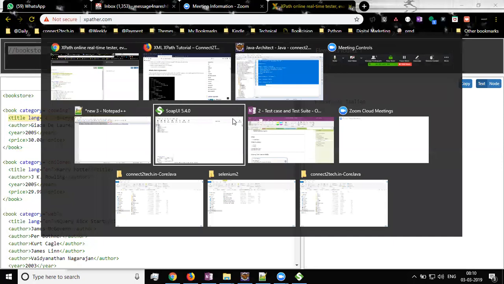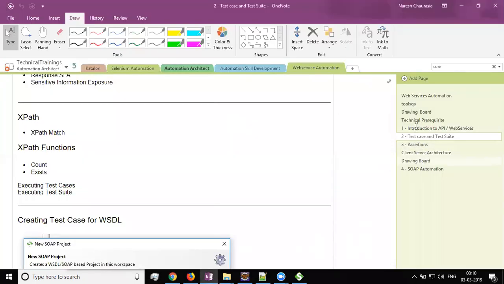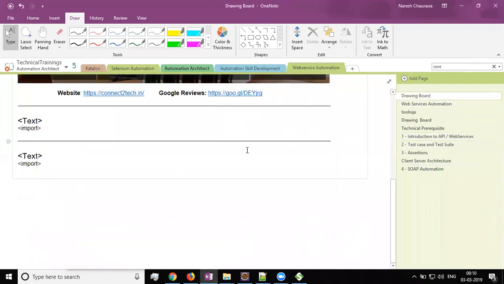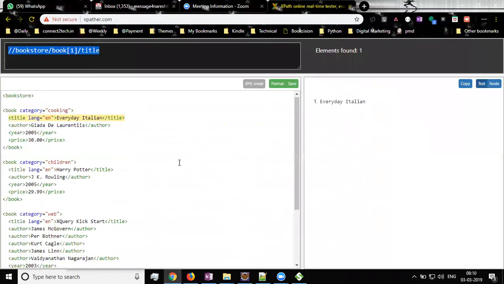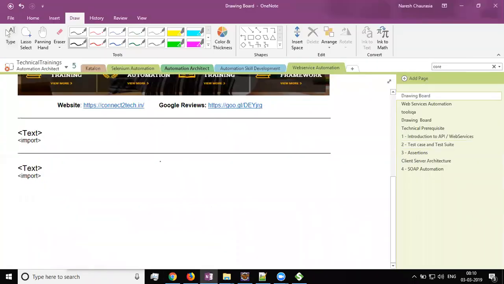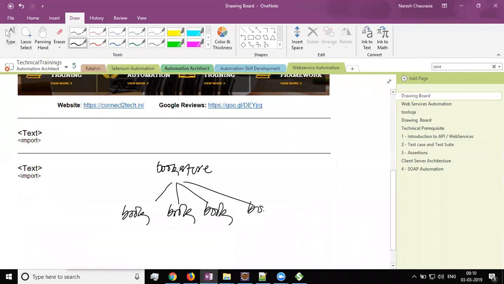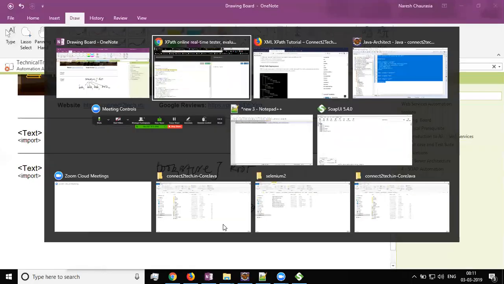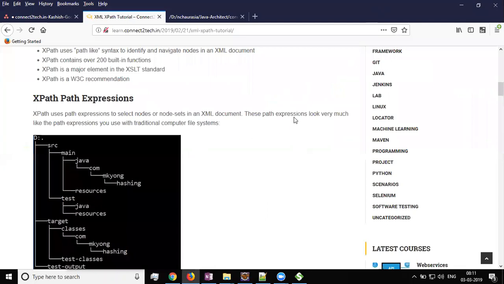So if I draw it in a diagram here, on the drawing board. If I were to explain it in a diagram, I could assume this was a tree-like structure where this was bookstore. Bookstore had book, book, book, book, and book, right? So these are the nodes of a particular XML file, or rather this bookstore is a root entry or root tag or root node, and these are subnodes inside that, right? So these are the terminology which is generally used, and these XPath expressions look very much like